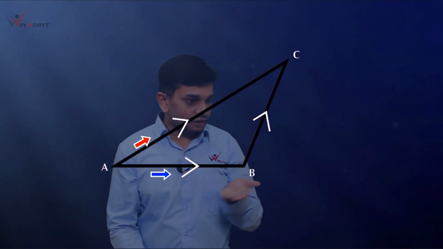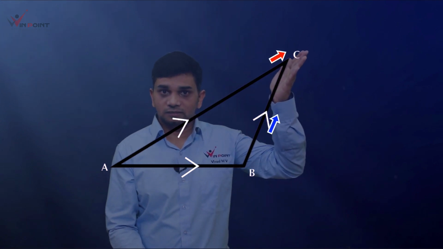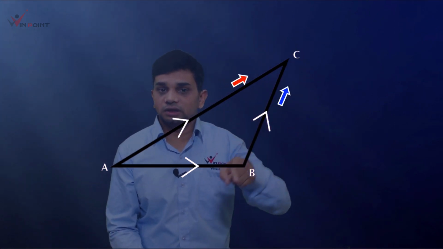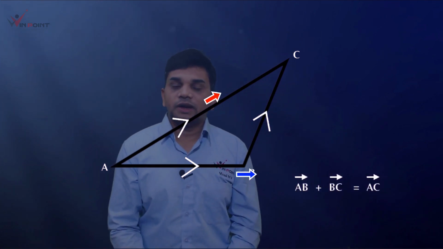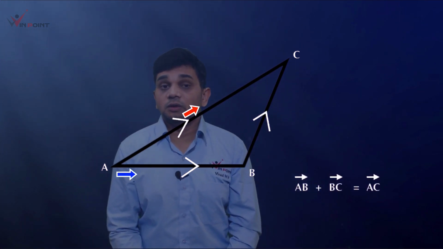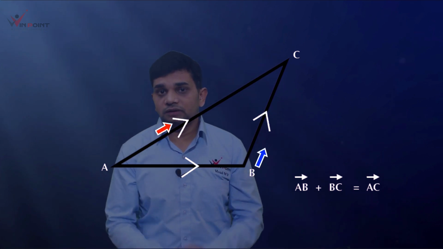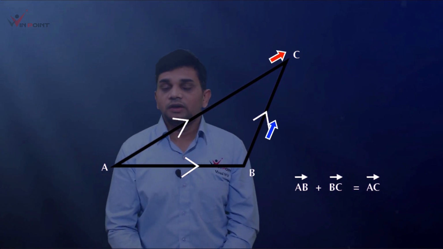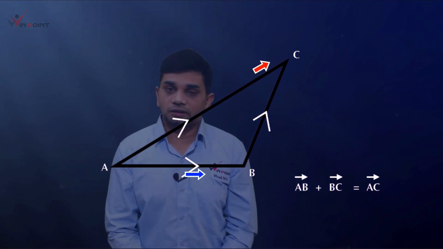So from here we can write AB plus BC. The sum of those vectors will be the resultant vector. So vector AB plus vector BC equal to vector AC. This is the triangular law of vector addition. We are going to use this concept in this session. We are considering a coordinate system x and y. This is x and this is y. This is the center O. Okay, and we are considering two charges.